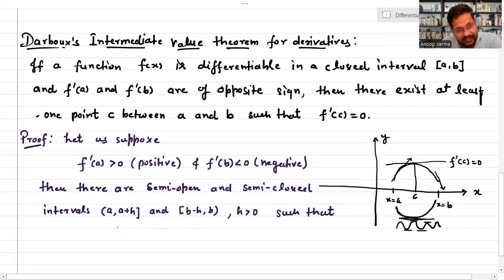so here you can say f(x) will be greater than f(a), because we are saying positive, it means the function is increasing in a very small interval. I'm not saying it's a big interval, but h is tending to zero. So we are taking a very small portion, in which f(x) will always be greater than the value of the function at a, right? Why, because our function is increasing. So you can say for every x